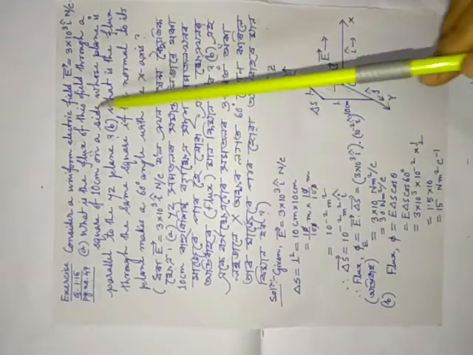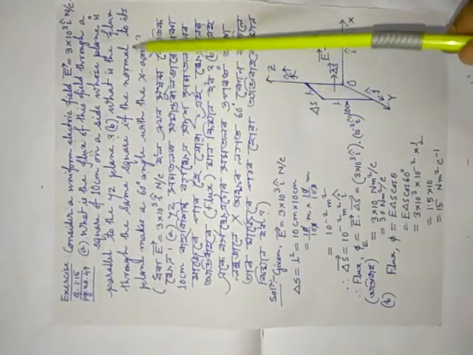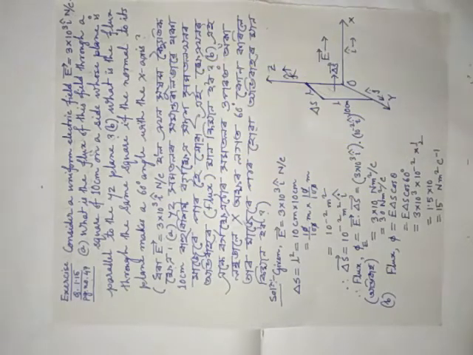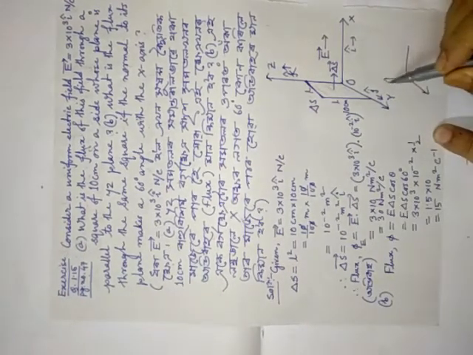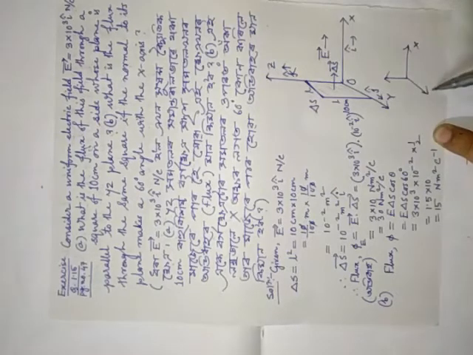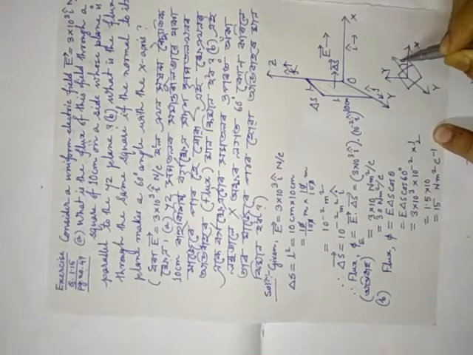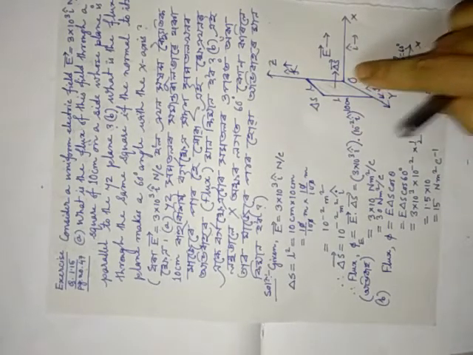Okay, now B part, you see, what is the flux through the same square if the normal to its plane makes an angle 60 degree with the x-axis. Now if you hold the plane like this, this is x-axis, this is y-axis, and this is z-axis, and suppose the plane is lying like this, and if you draw a normal on it, it makes an angle theta equal to 60 degree. What will be the electric flux? No need to write this diagram in exam. You may write this one for a better conception.